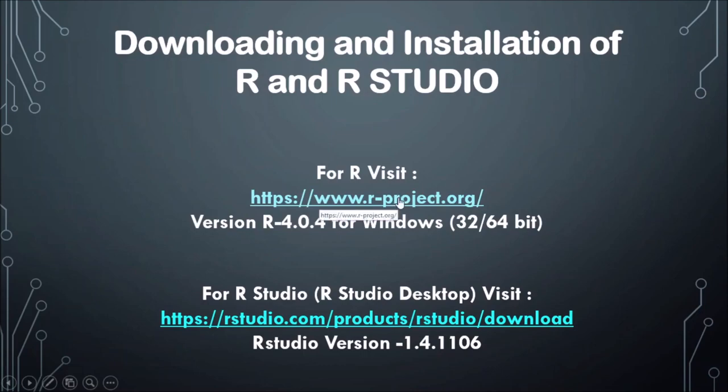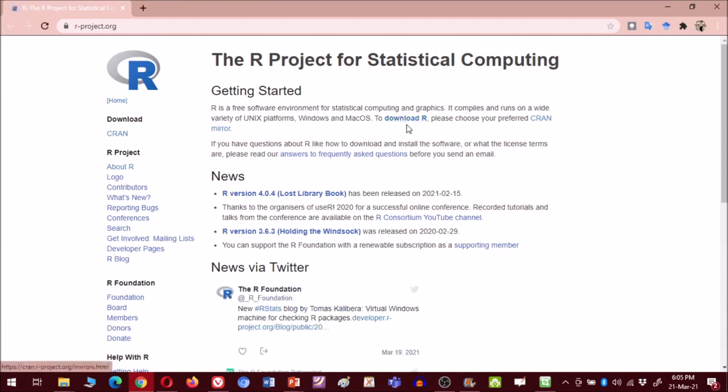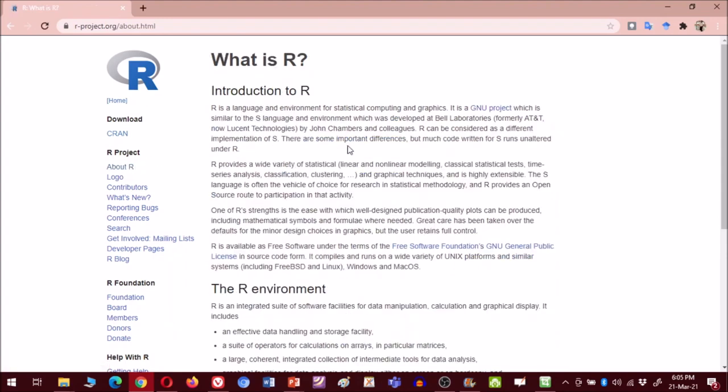When you enter r-project.org in your browser, you will get this home page. You can see this link saying download R. You need to click on this. But let me show you some more information about R first. If you click on About R, you will get all this information.